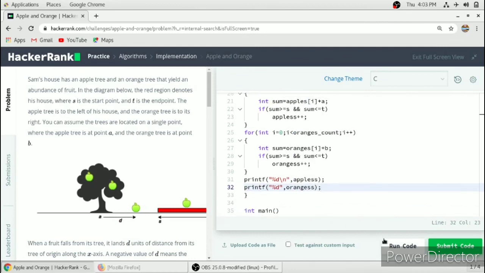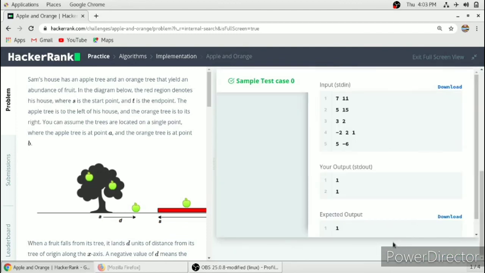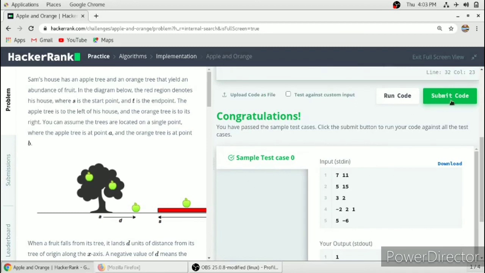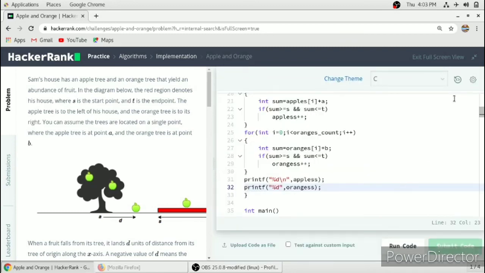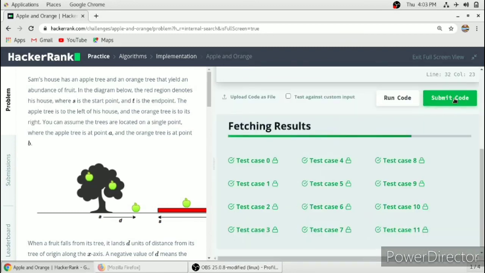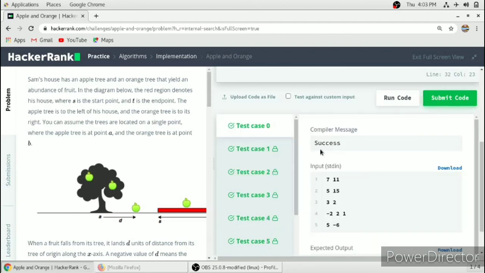So our function is completed. We will run our code. So test case 1 is passed. We will submit our code. So all the test cases are passed.